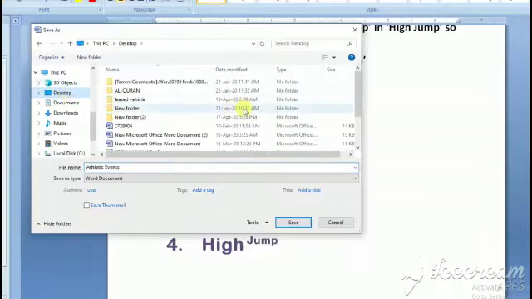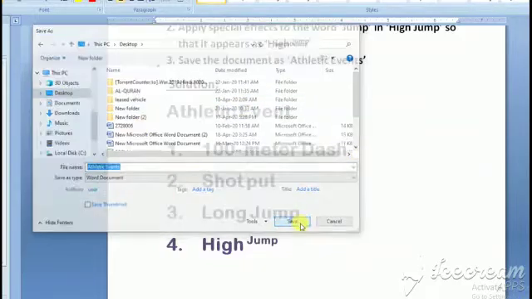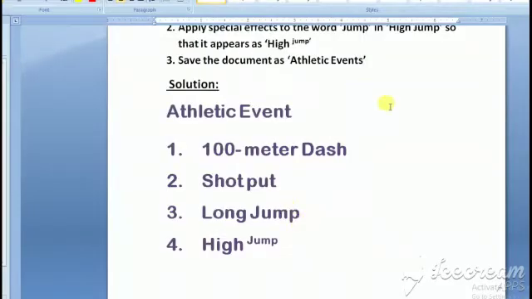So I click on the desktop and it will be saved on the desktop. Here is a save button, I click on it. So my document is saved. Thank you so much and keep on learning. Bye bye.